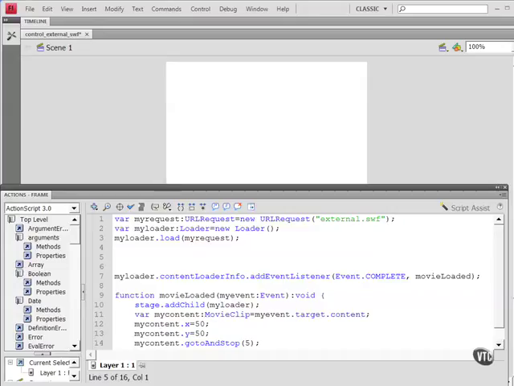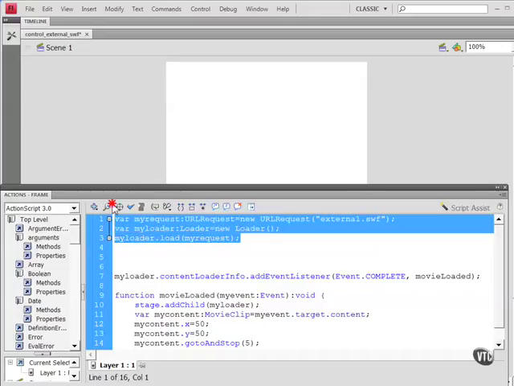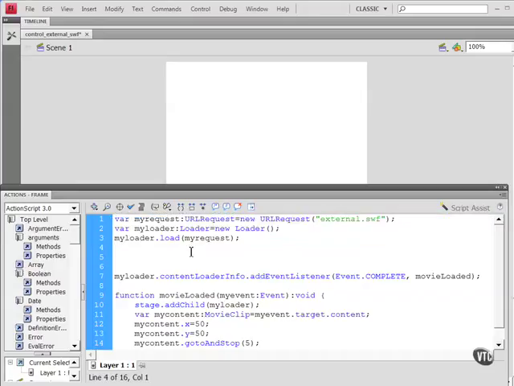Consider the script that we created previously for loading an external SWF file into a Flash file. That's these 3 lines of code here. In this file, you can go ahead and open this from the work files folder, control_external_swf.fla. Now, after the load call is made, you can access information about the load with the contentLoaderInfo property with the following code: